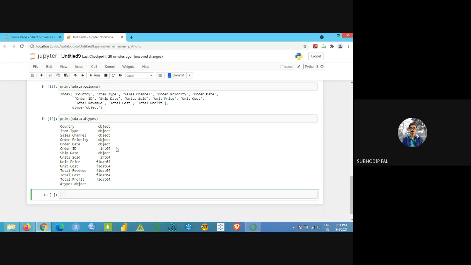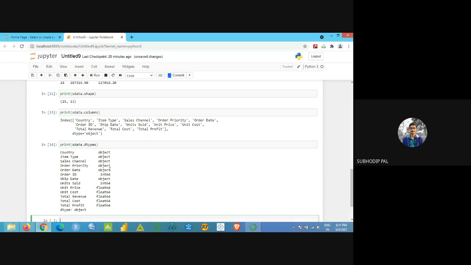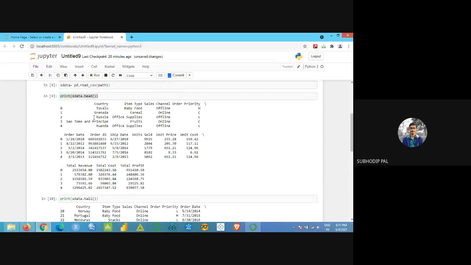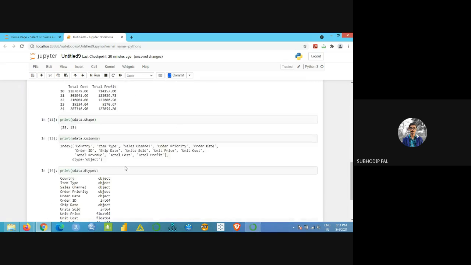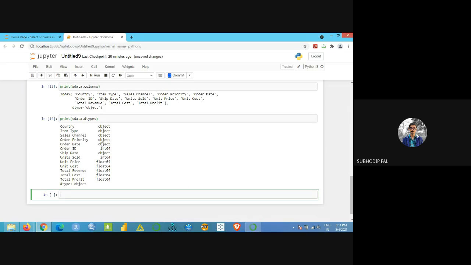So here country, item type, sales channel, order priority, order date, all are object type. This is a text format, right? Country, item type, sales channel, order priority, text format. So it's showing it as object type, right? And this order ID is integer.